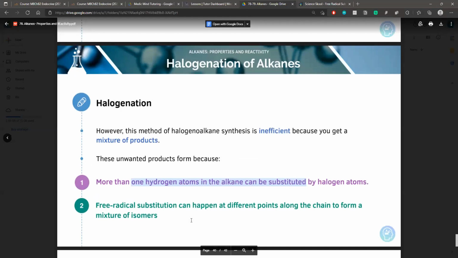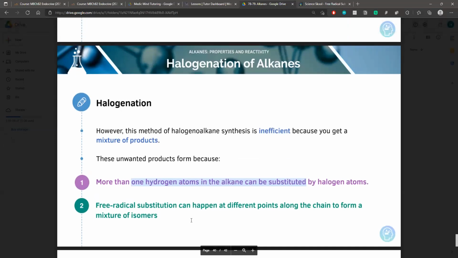All right, yeah. So remember, there are loads and loads of unwanted products that can form, and this is because, first of all, you can have a chain reaction, again, because of the idea that this is the catalyst, and because free radical substitution can happen at different points along the